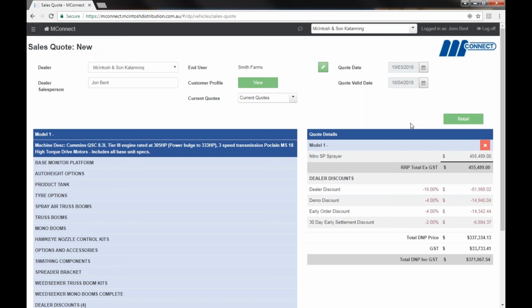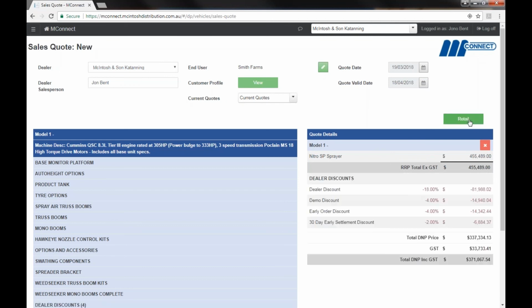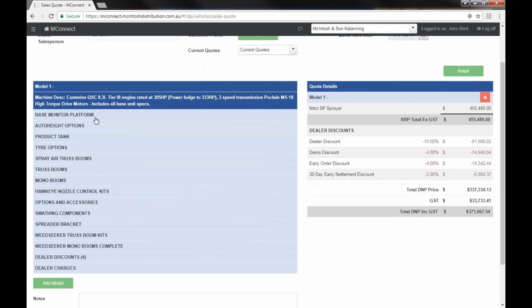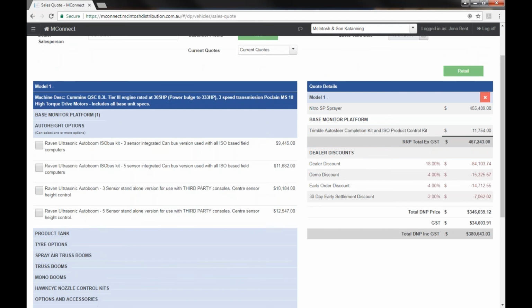We also then have this retail/full prices button. I don't know that you'll use this a lot, but if you have the opportunity or the desire to build a quote with a customer live, if you click on the retail button, then it does away with all your discount structure. So you can see straight away what was there previously as our discount structure is now gone, so you can show that to the customer without needing them to realise what discount structure is going on in the background. So then it's just simply a matter of working our way through, selecting our options for our sprayer,